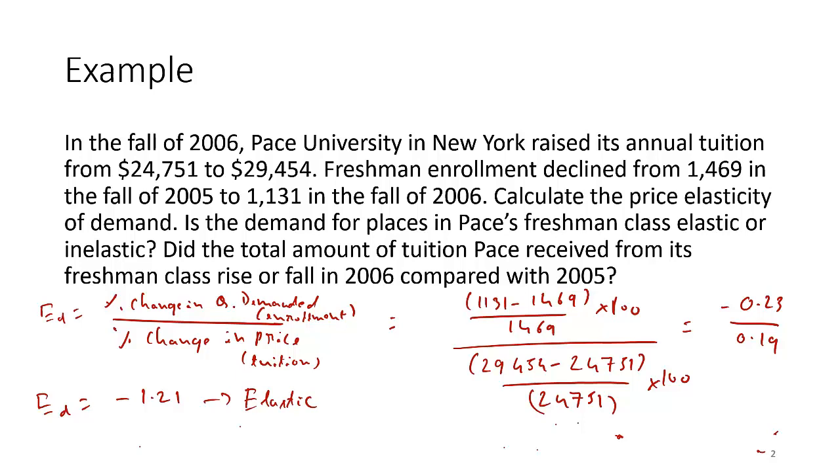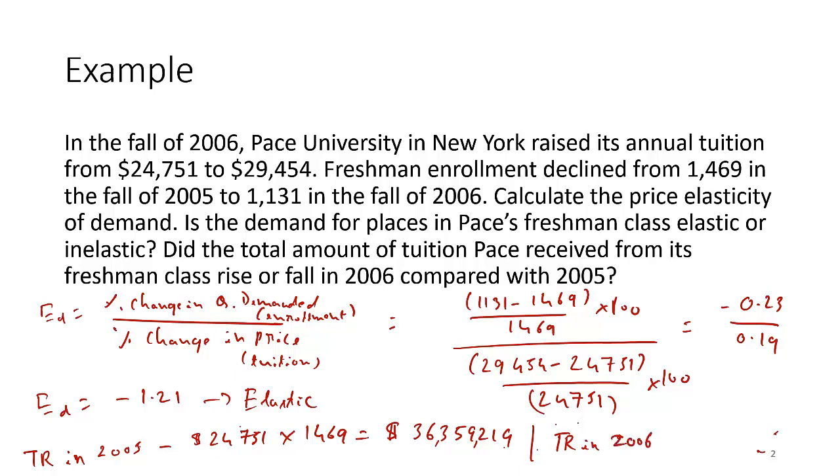Now let's try to understand what happens to revenue. Total revenue in 2005: revenue is nothing but price times quantity. Here in 2005, price was 24751, that's the tuition, times quantity, which was the freshman enrollment, 1469, which gives you $36,359,219, whereas total revenue in 2006 would be